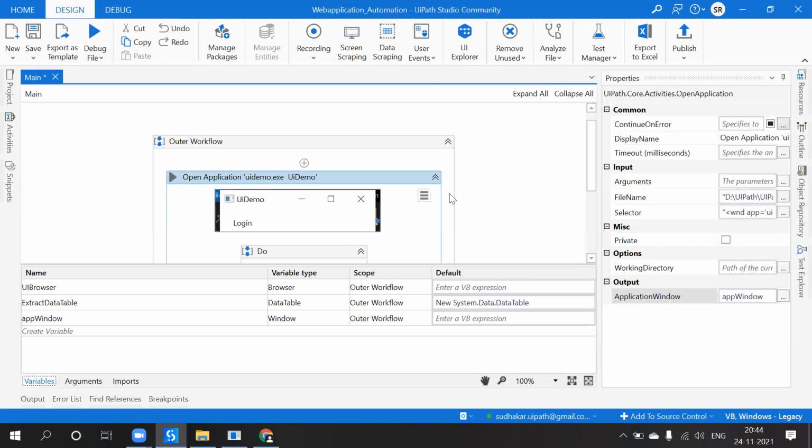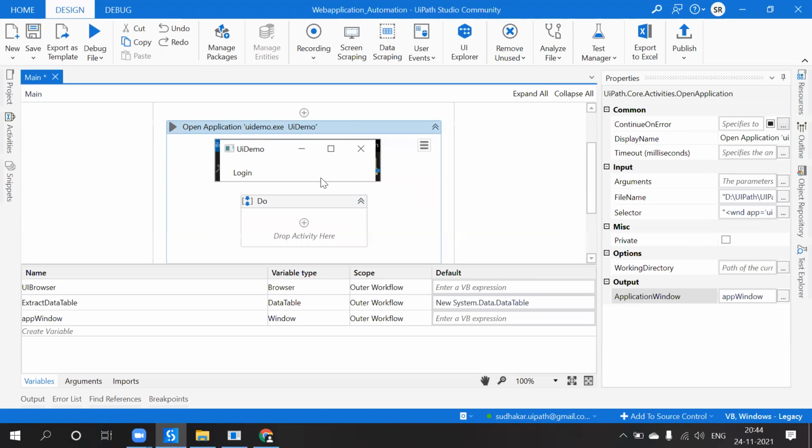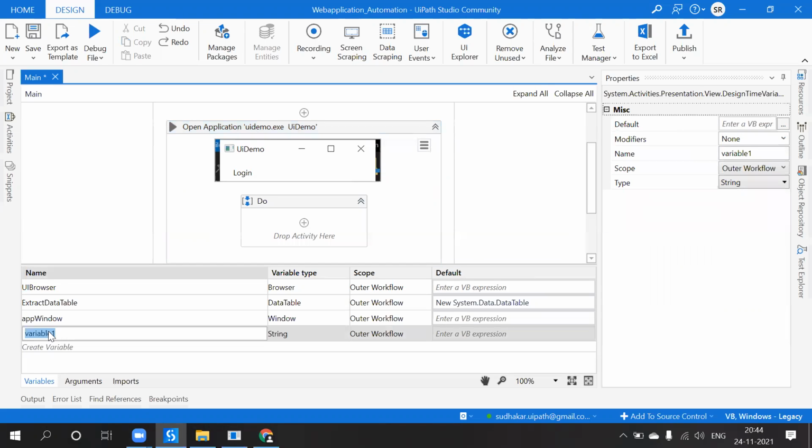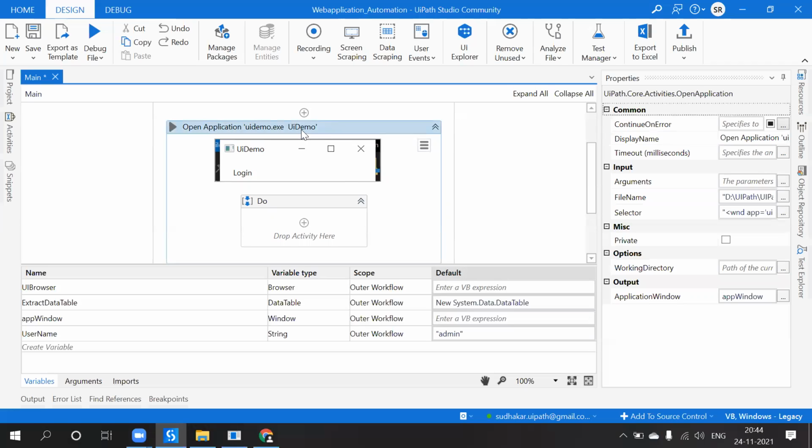So in that case, if I keep the values, for example, username, if I keep the username as admin here, once my development is over, now we need to test in QA or UAT environment, let us say it is a testing environment.